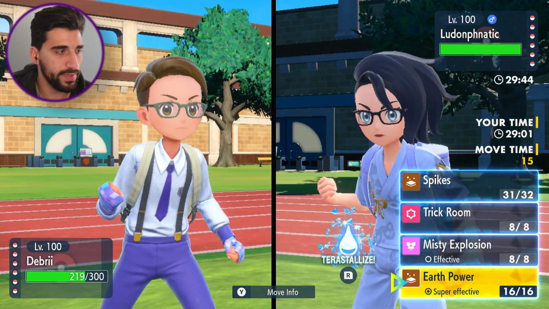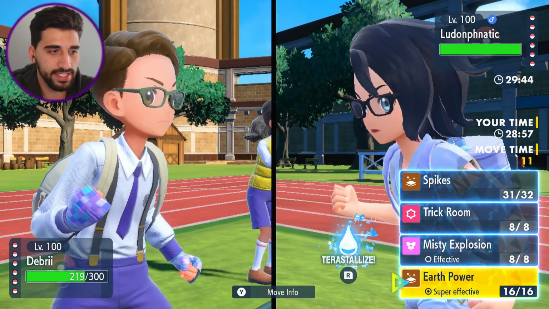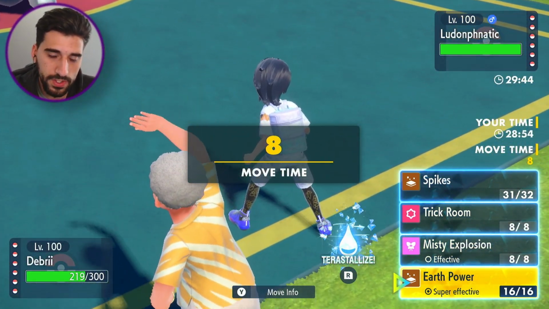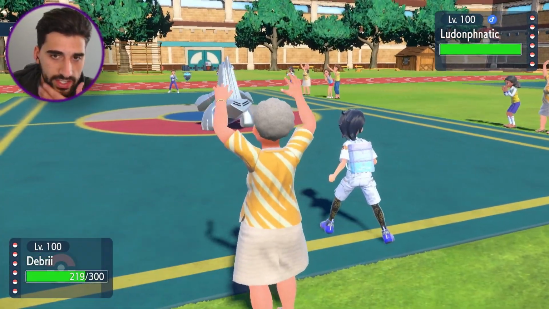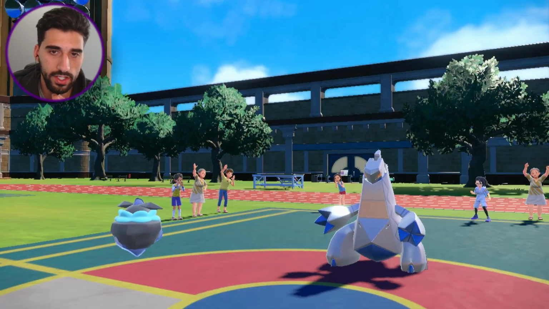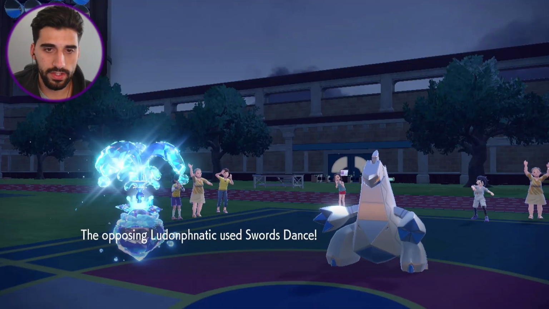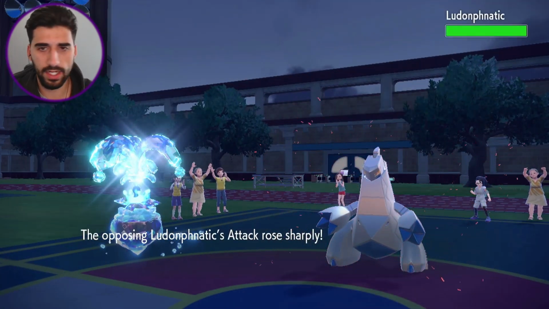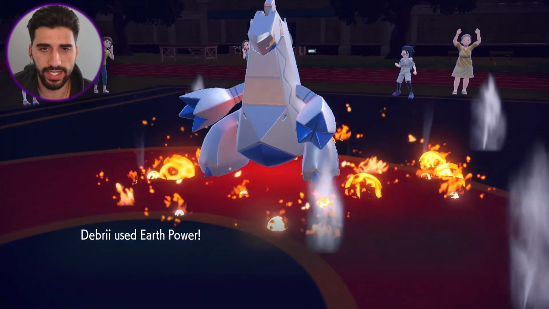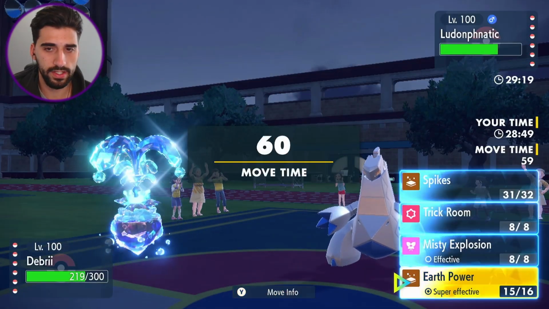Even if this thing goes for Draco Meteor, we're able to live. And Earth Power is going to do about 30% of its max HP. So it might be worth doing because then Typhlosion can come in and revenge it. So we're just going to go ahead and Terra and get off an Earth Power here. So yeah, good thing we are Terra Water this week because it makes this interaction a little bit easier. Other than if we... oh, he's just going to go for a Swords Dance. Okay, why is this Duraludon going for Swords Dance? Why does Duraludon learn Swords Dance? Earth Power is doing about 30%, so I do think...